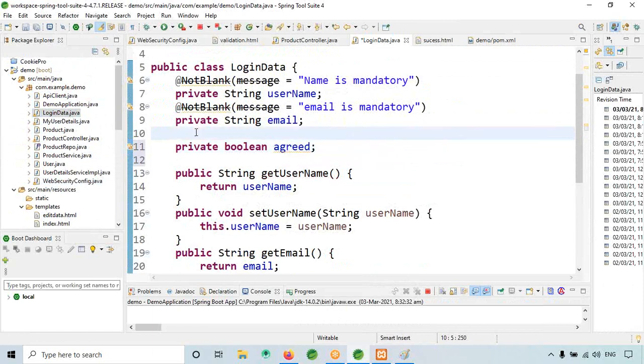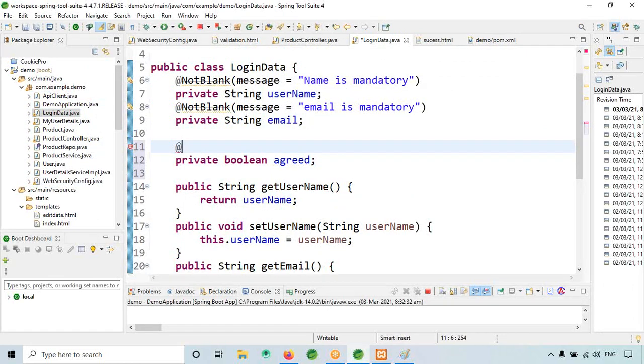Okay, so here at the rate assert true, message must agree terms before you log in. Like that one message I will give.